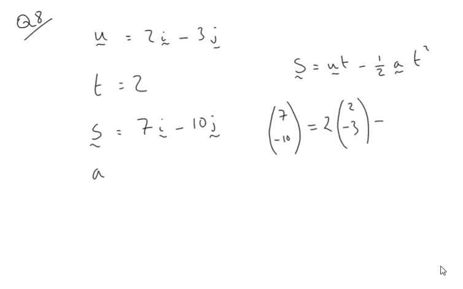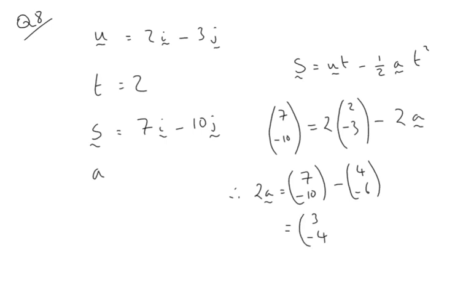Well, a half of t squared is 2, so that's 2a. And so taking this equation, therefore 2a is equal to (7, -10) take away (4, -6). So 2a is (3, -4),